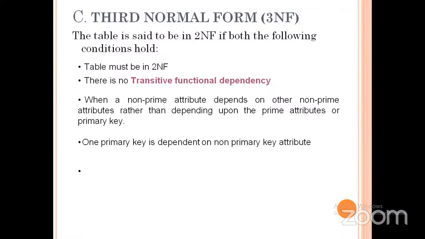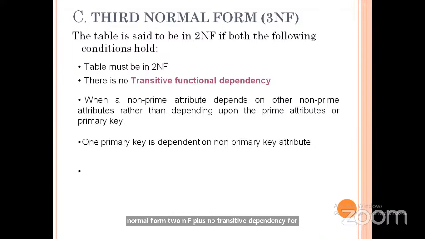Coming to third normal form, a table is said to be in third normal form if it follows the conditions: first the table must be 2NF. Before the table must be 2NF, it should be 1NF also, right? So the table must be 2NF, that is condition one, and there are no transitive functional dependencies. So let us see what is meant by transitive dependencies. 2NF is nothing but 1NF plus no partial dependency. Right? Coming to third normal form, 2NF plus no transitive dependency for non-prime attributes,